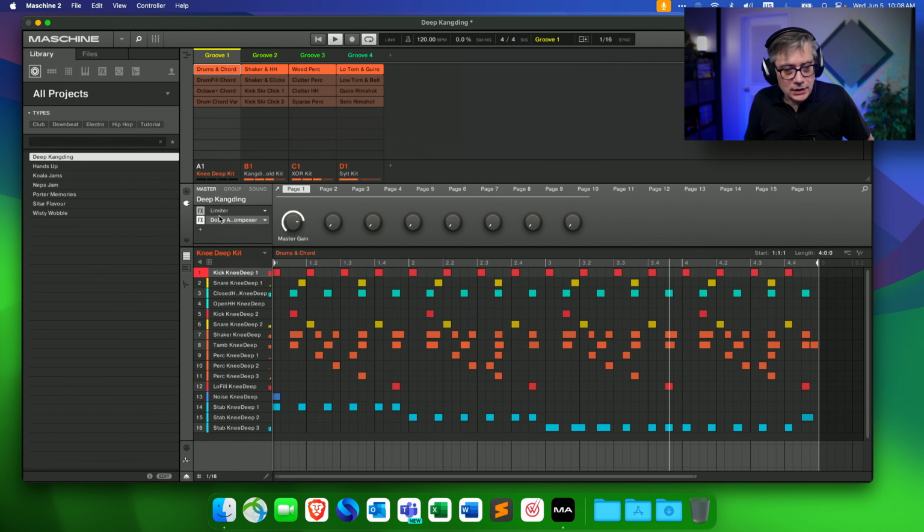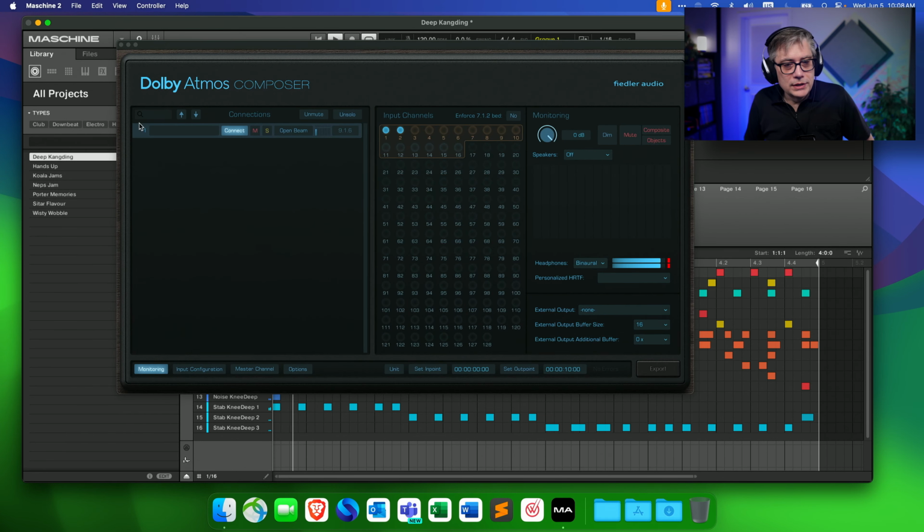and we can actually see that the Dolby Atmos Composer has now seen that track coming in, and it's sending it into the first 2 channels of the Dolby Atmos bed. The way I've set it up is that by default, it assumes a 9.1.6 Atmos bed. It's not really an Atmos bed, it's more a composite bed. That's the way Fiedler Audio calls it, because Atmos beds are technically only 7.1.2, but the Fiedler Audio Dolby Atmos Composer allows you to go beyond that through a little trick, and we're going to see that a little bit later when we listen to the final output in the Dolby Atmos renderer.